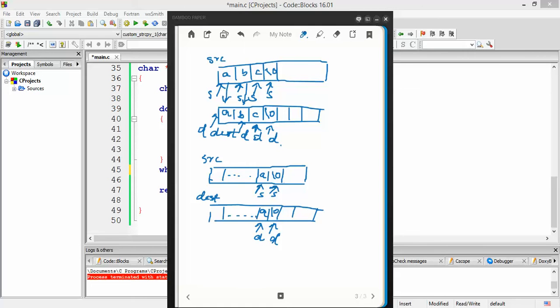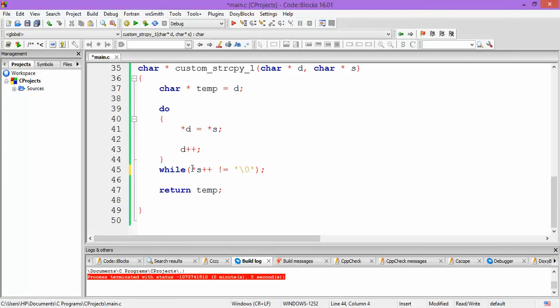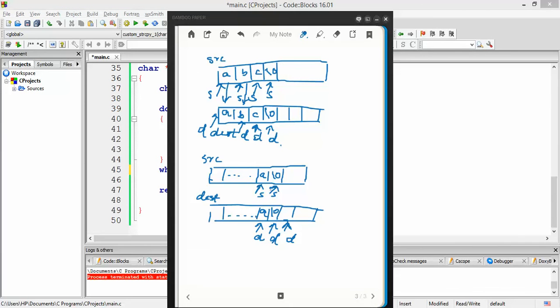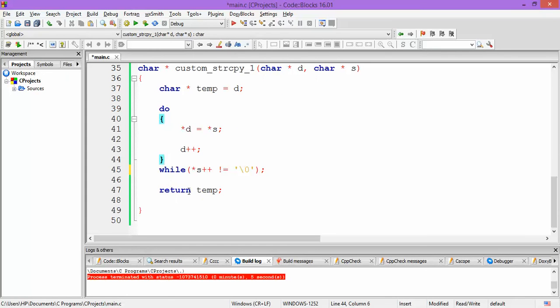So null is copied to this location and d gets incremented to this location, and then this condition would be checked, asterisk s not equals to null. So the current value of s is the address of the null character, and asterisk s not equals to null would become false and we would come out of this loop, and then we are going to return the temp, that is the first character's address.